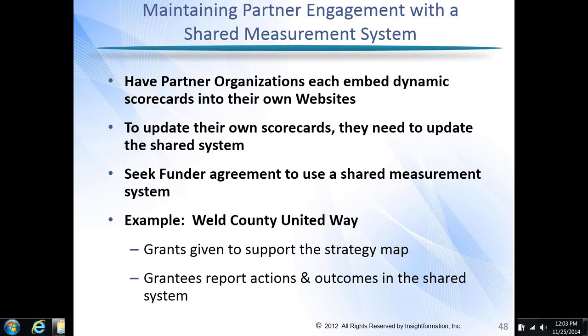so that the information is shared and it can be used by the community to learn how are they doing, are they moving their community measures in the right direction, and if not, what can they do to improve their success. It's not about just judging individual programs, but how can they work together to achieve the desired outcomes. So again, it ends up really simplifying things, and it helps align the efforts in a much greater way, because now the funders are using the shared measurement system as well.